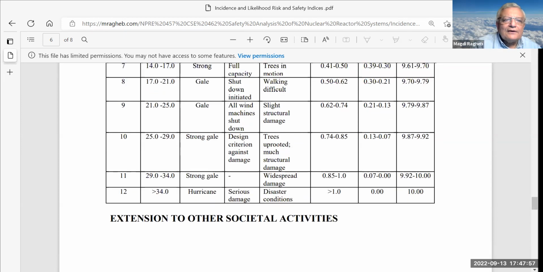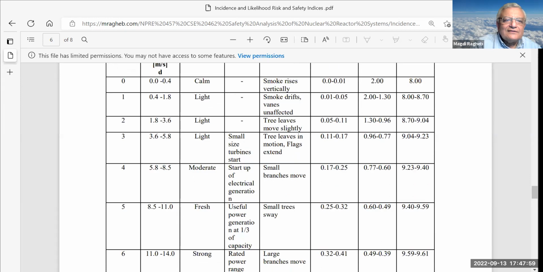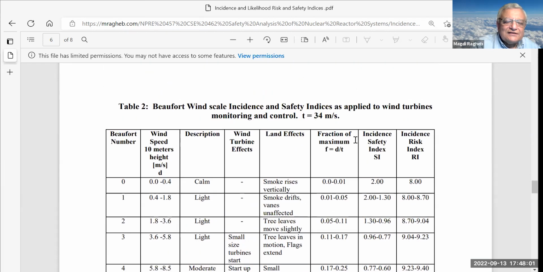You go up and you can calculate for d over t, the fraction of the maximum, you'll find that you have a range of 0.0 to 0.01. Take the log 10 of 1 over f, and at the Beaufort number of 0,